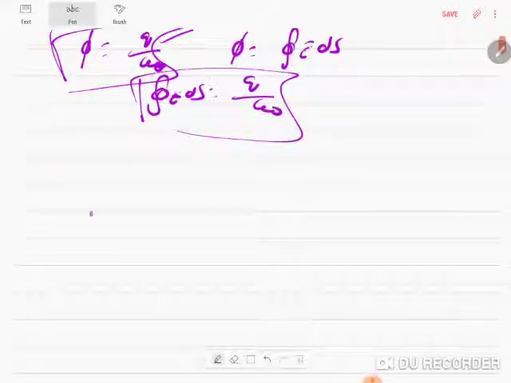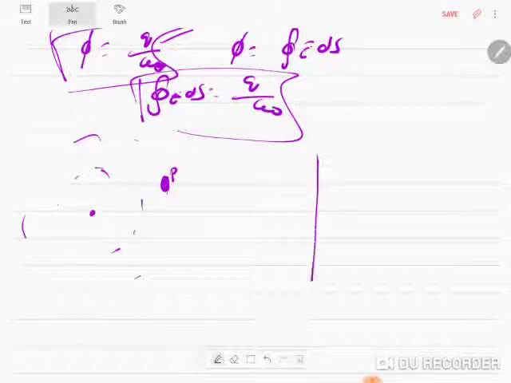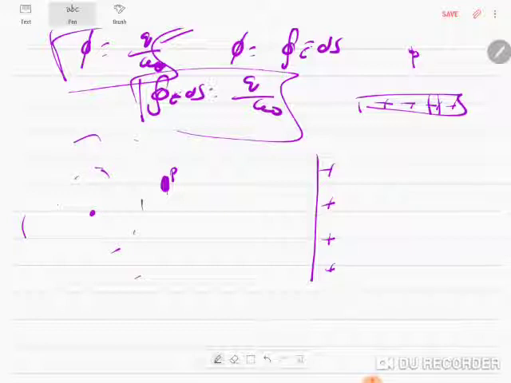If you imagine a point charge, the Gaussian surface will be a sphere around it, concentric spheres. You can consider any point P on the Gaussian surface. You can always use Gauss's theorem to find the electric field at that point. Even for a line charge, we did a big sum, remember, at any point P due to the line charge without using Gauss's theorem. But if you have a line charge, using Gauss's theorem, it becomes very simple.